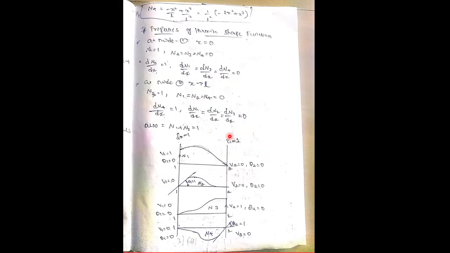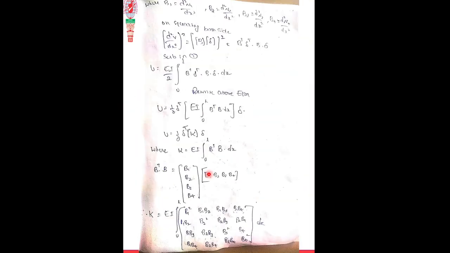See, when you're deriving the Hermite shape function, it may be a natural coordinate system or it may be a Cartesian coordinate system. How do we consider all the deflection? We consider the translation deflection in an upward direction and slope in an anti-clockwise direction at both nodes. Based on this, we consider both are positive, and based on this we derive the shape function, as well as the stiffness matrix also. We consider the same thing.